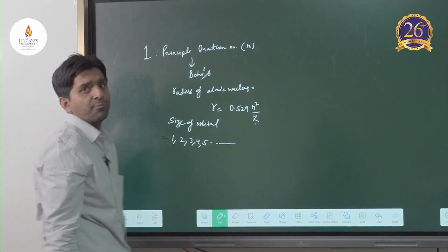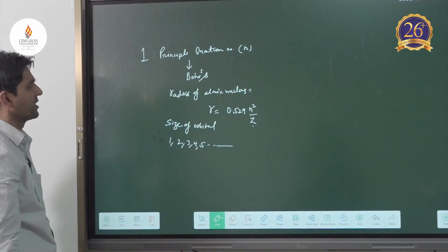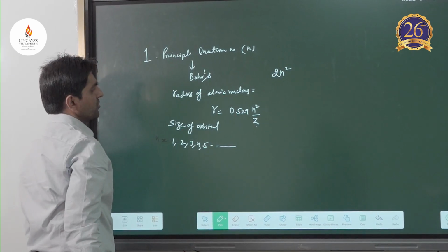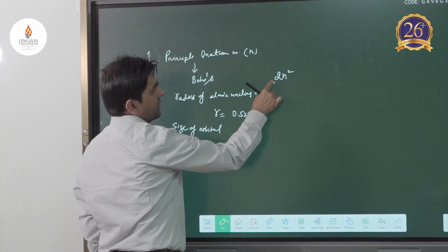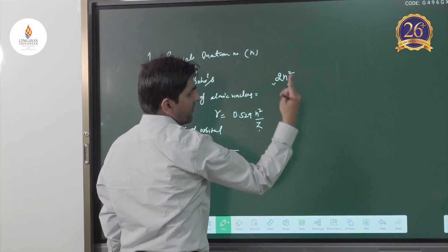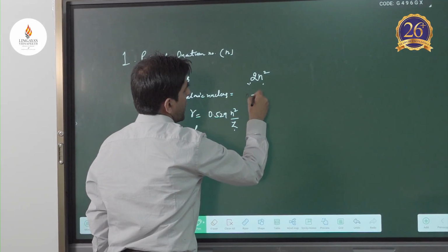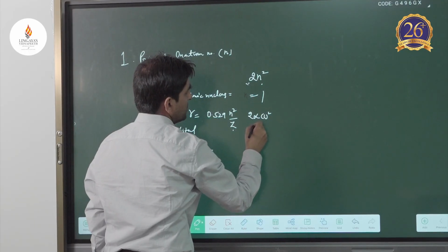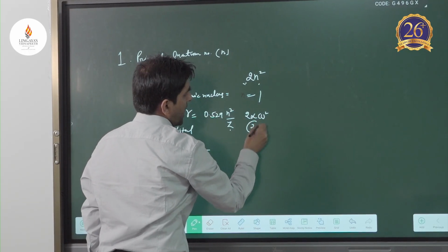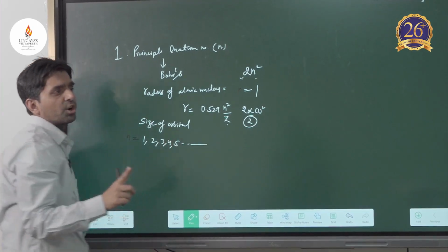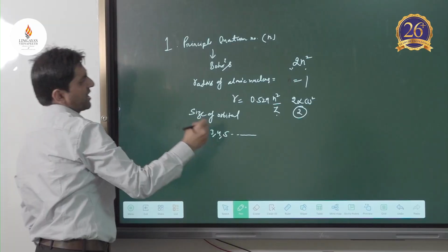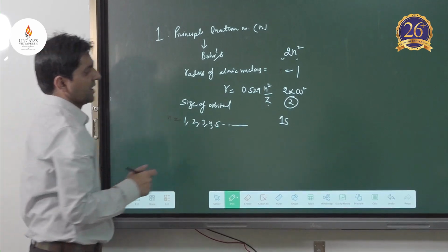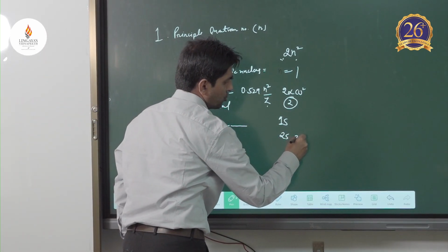So now if we have to find out the number of electrons in any shell, we can determine by 2n square. Suppose n is the shell number, and value of n can be 1, 2, 3. If we put the value of n equal to 1, then what is the value of 2n square? 2 into 1 square. It means 2. It means in first shell number of electrons is 2. So what is first shell? First shell is 1s. Suppose we have a second shell. It means second shell means 2s and 2p.